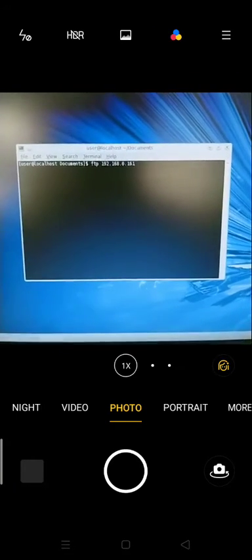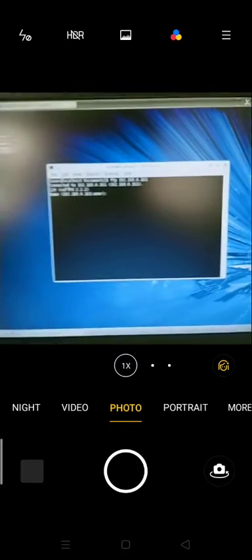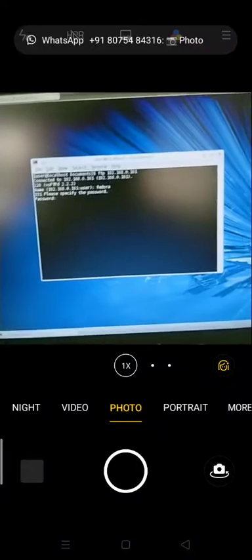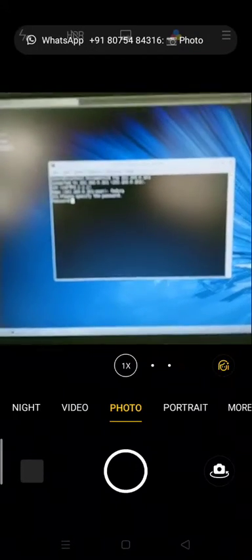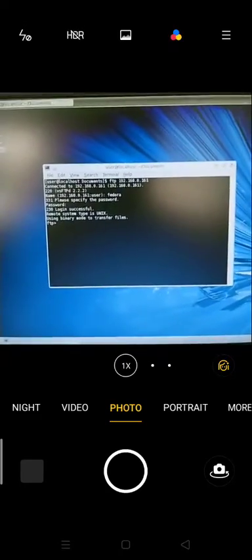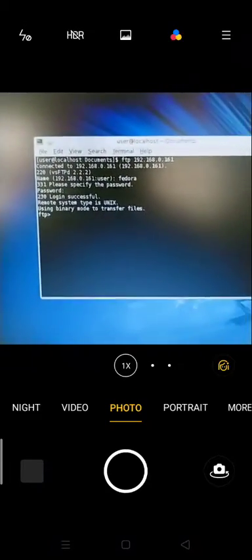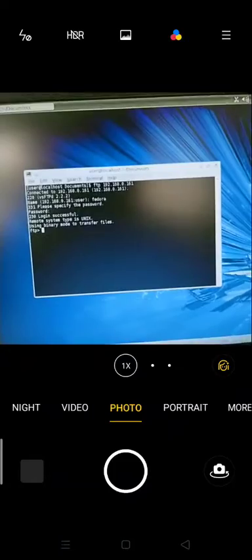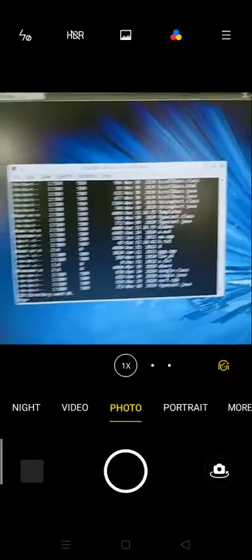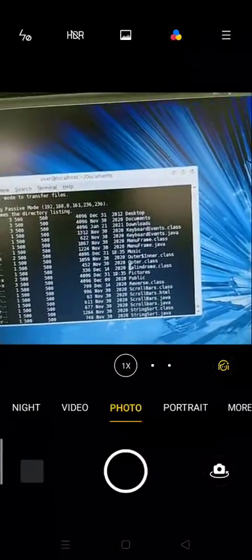This is the IP address of the server. Now give the username and password. Now you can see the login successful message. Now we can see the list of files in the server by the ls command. These are the files listed in the server system.